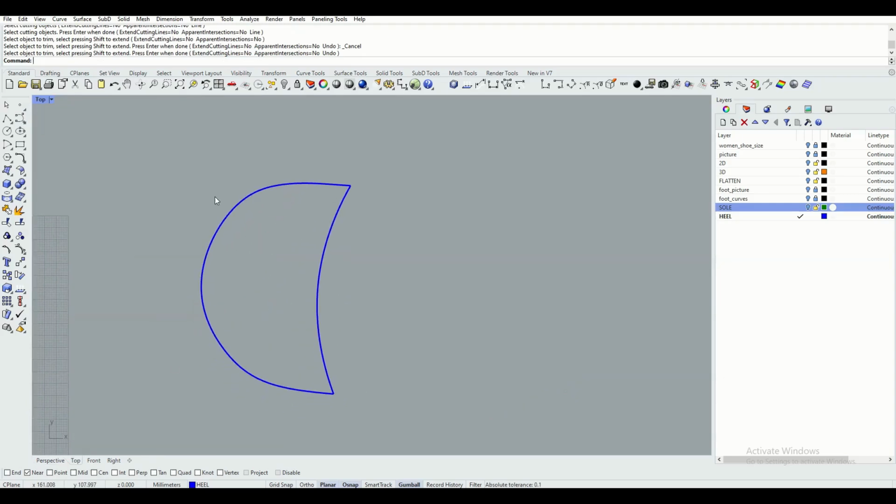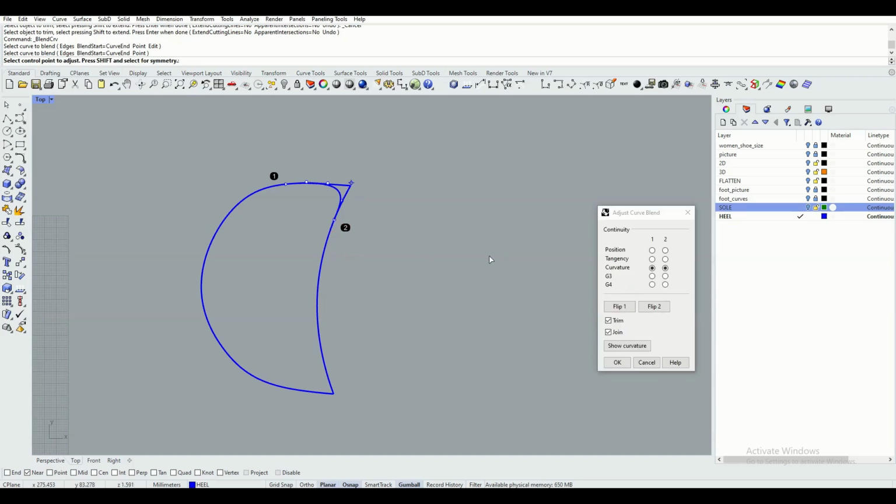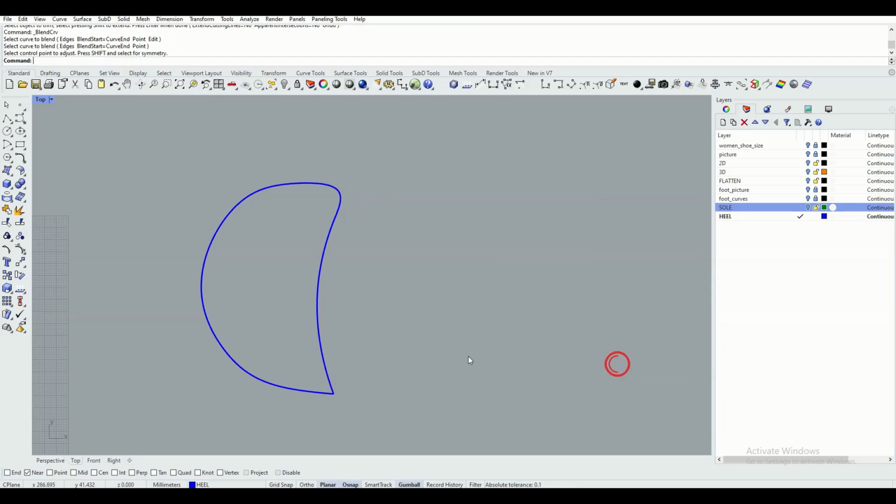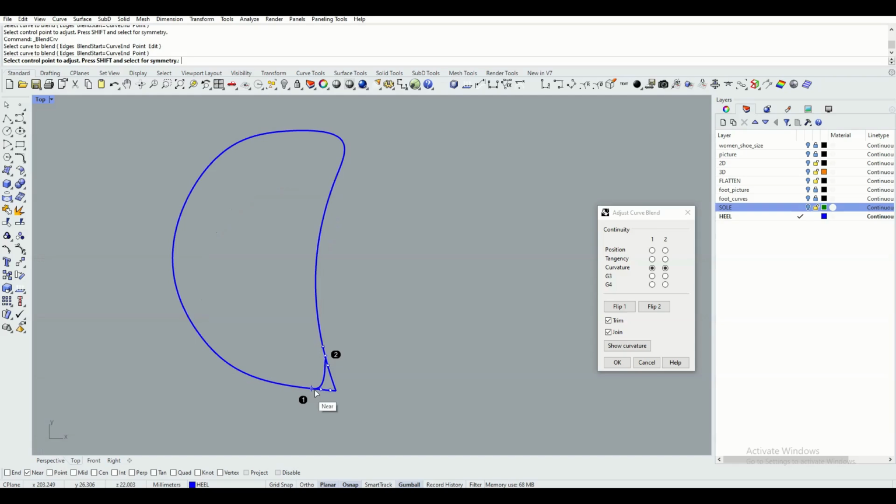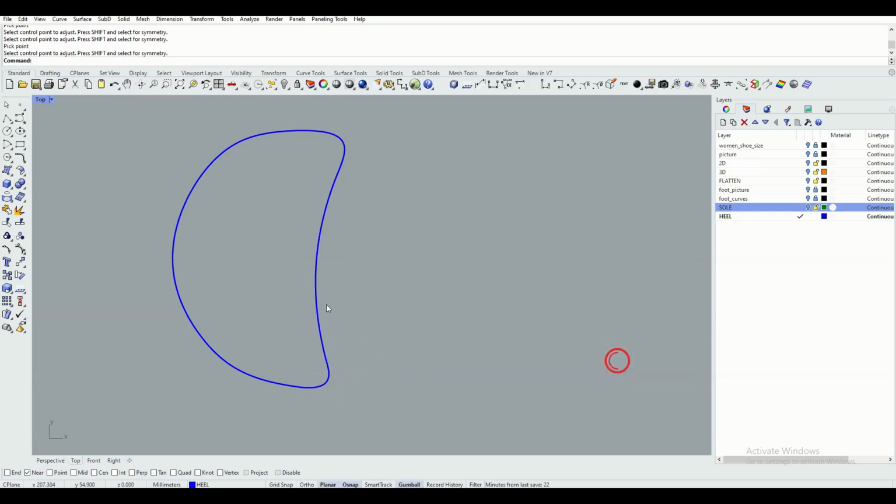Use adjustable curve blend 02 and create the rounded corner. Trim and join should be active. We can flip point number 2 because in this case it is going opposite to what we want. This is the final result of our top section of the heel, as you can guess.